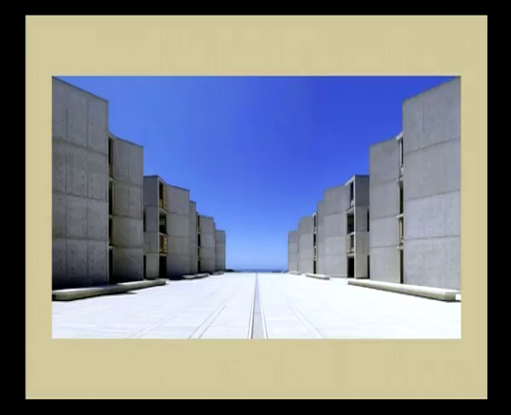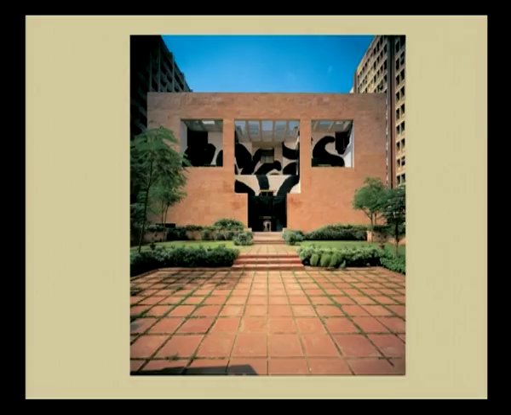The example of Salk Institute by architect Louis Kahn, a very simple and beautiful example of how an axis is empowered by the symmetry of the institution building on either side. If the symmetry is broken in this facade of these buildings, the beauty of this axis will be broken. An example of British Council Library by architect Charles Correa in Delhi. Again you have a facade. The forms in the facade, the openings and the building form and the garden, everything is symmetrical on either side,